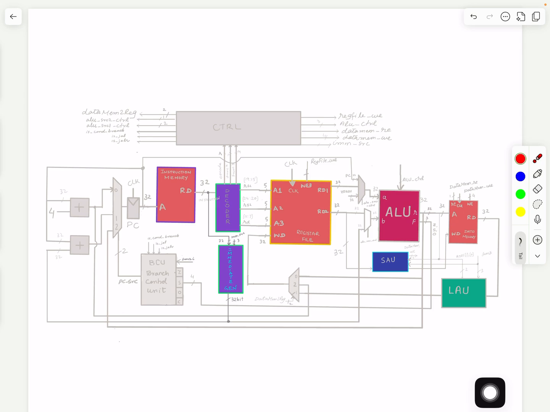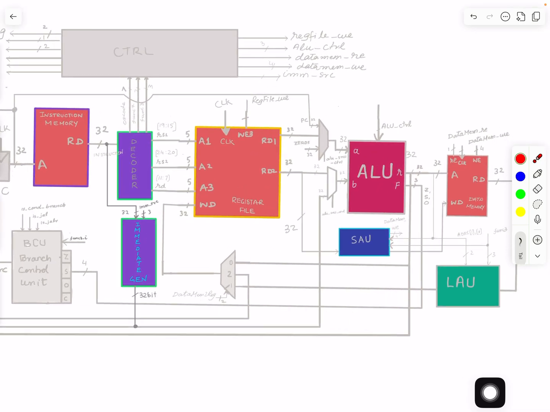You can see that the load alignment unit is really where the 32-bit data is coming from the data memory, and this address that goes into data memory, the bit 1 and 0 play a very important role here as well as here. Okay, the other important thing that is coming into it, if I zoom in,